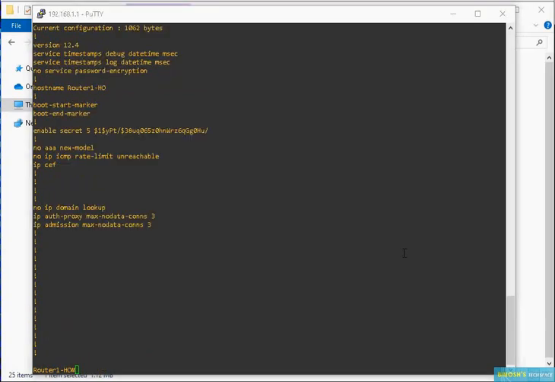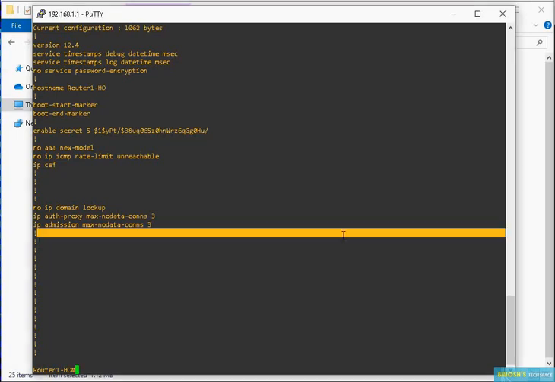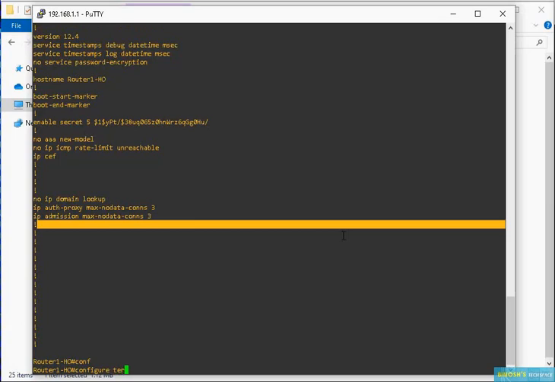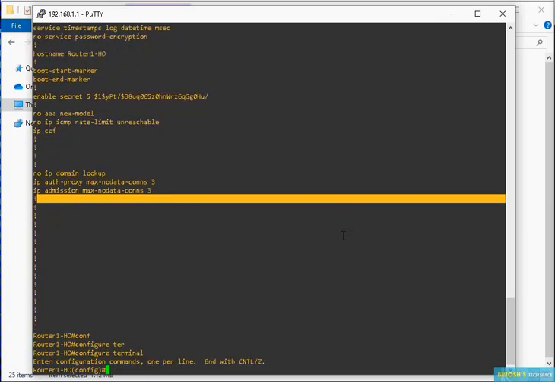If you want to make any configuration changes, you need to go to the next mode, that is global configuration mode. To enter that mode, you have to type the command config terminal. It will take you to the global configuration mode.